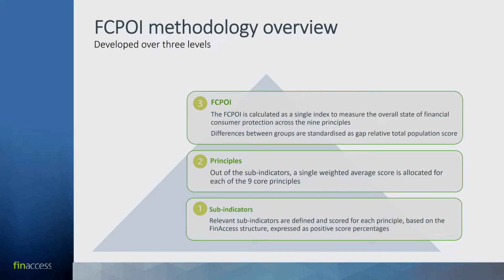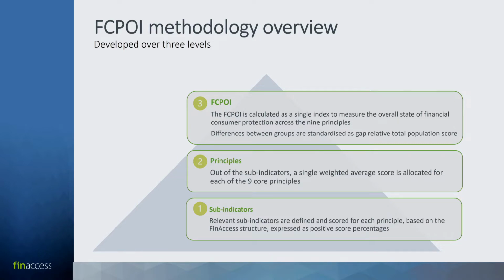You define the sub-indicators. Then out of the sub-indicators, you compile a single weighted average score for each of the 9 principles. And I think it's just important to mention the weights. Weights just mean that we take into account how prevalent the underlying financial service is in the population. So if we ask both SACCO clients and mobile money clients whether they lost money, mobile money clients will get a larger weight relative to the fact that more people in the population have mobile money than belong to SACCOs, just as an example. And then out of that, you would calculate the overall index as a single index measure.